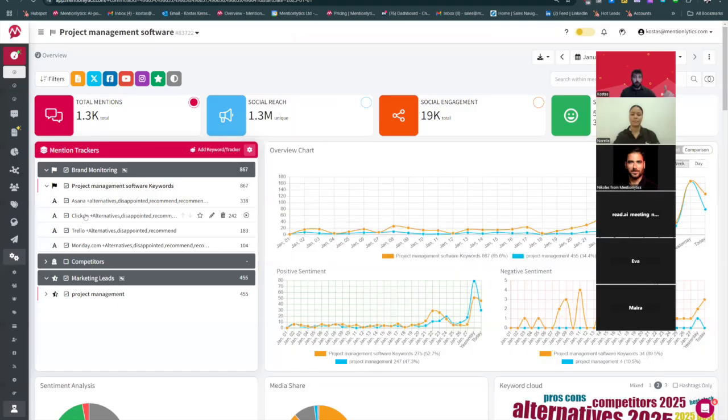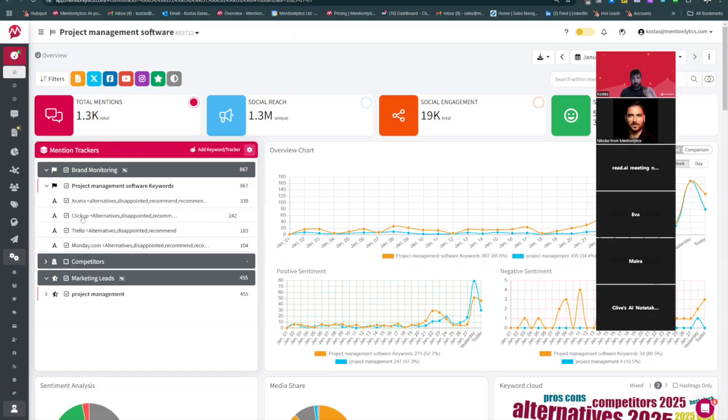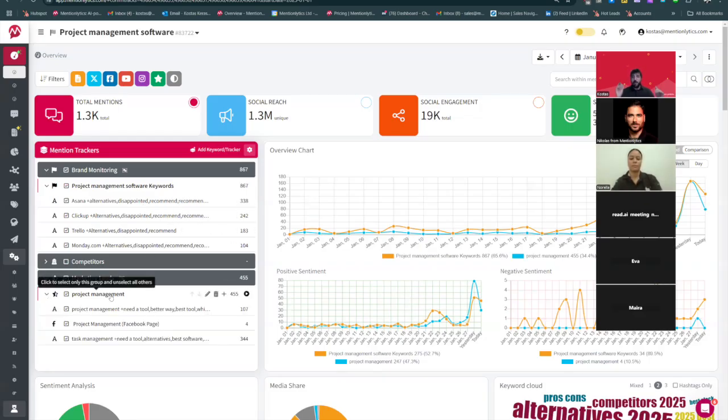So we have done this for all the other competitors in the market. Let's say if you're already monitoring your brand, it's much better to just put your brand here. But for simplicity purposes, I have moved everything here on the folder called brand monitoring. However, if you're monitoring your own brand as well, which is what most brands are doing, you usually want to move the others into the competitor section. However, for simplicity's sake, I have put everything here. Now, I'm running all these queries about Asana, about ClickUp, about Trello, and I'm running the same queries. I'm trying to find discussions where people are looking for alternatives, they're disappointed or want recommendations. And I'm doing pretty much the same thing about industry-related words.